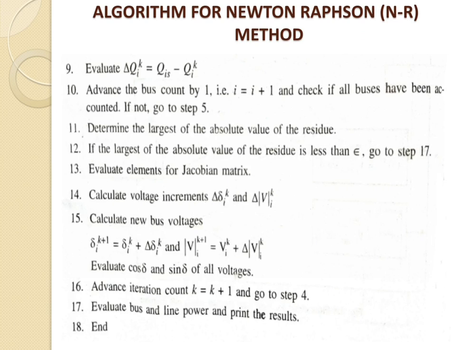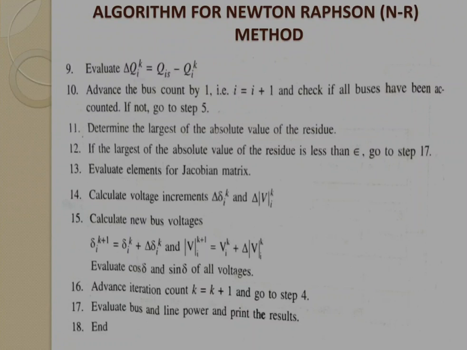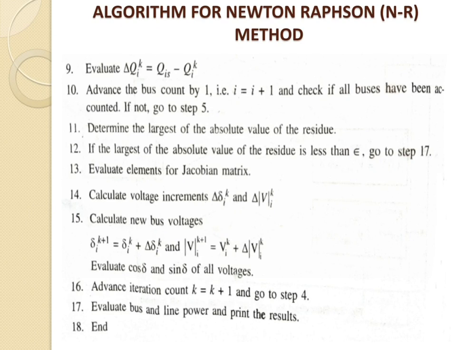as S_BA, equal to V_B times (V_B minus V_A) Y_AB plus V_B times V_B star into Y star BA0. That is equal to, we will write the equation, V_B square Y_AB minus V_B into V_A star Y_AB plus V_B square Y star BA0. Therefore, the power flow through all the lines can be calculated.